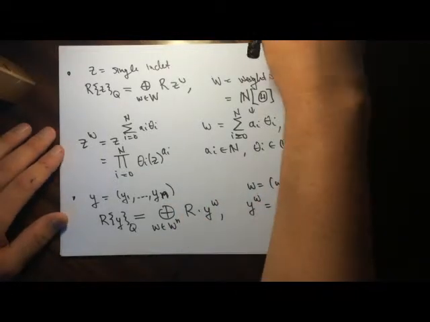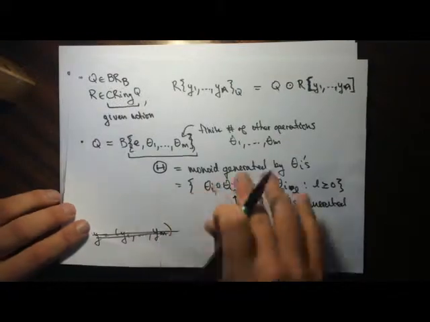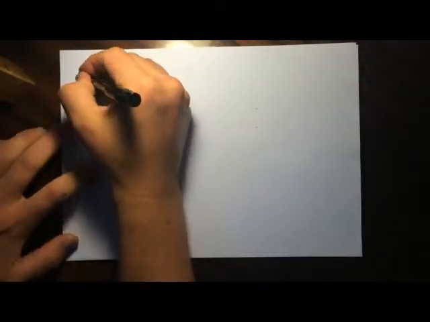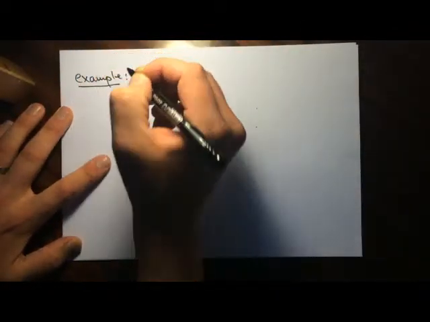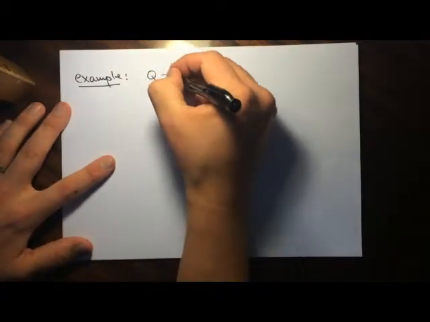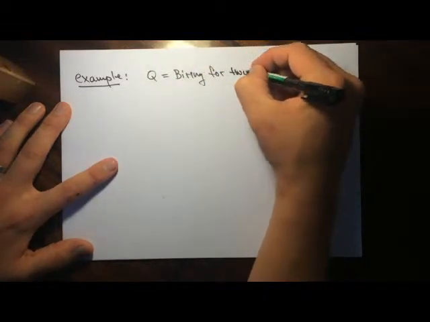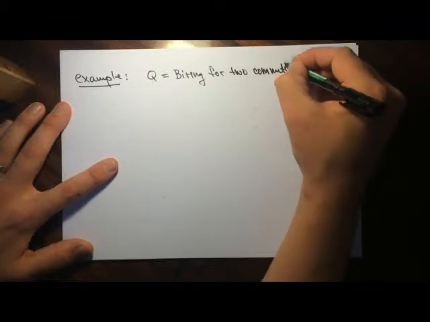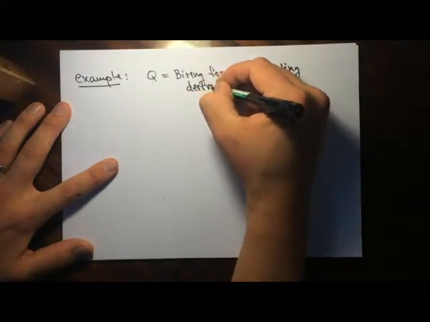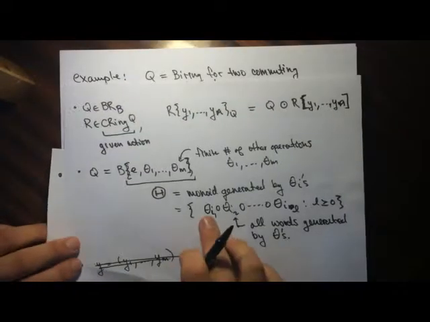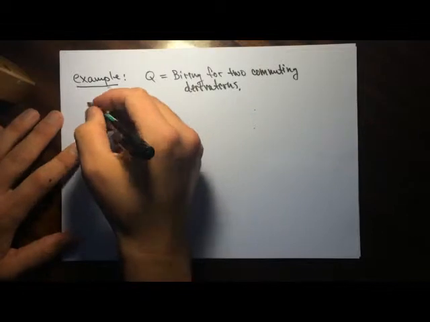Okay, so this is the non-commutative monoid generated by these guys again. Okay, so let me do an example real quick. We'll take Q to be the biring for two commuting derivations. Then this actually imposes some relations on the monoid. The monoid will make it so that the derivatives will commute. And here, theta